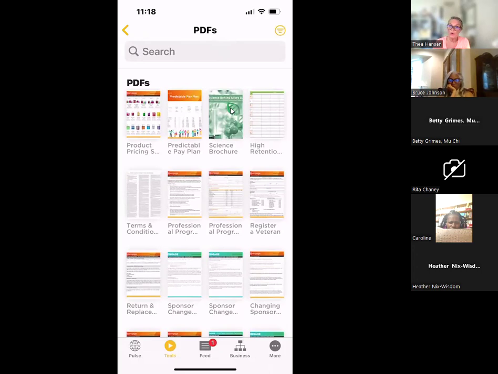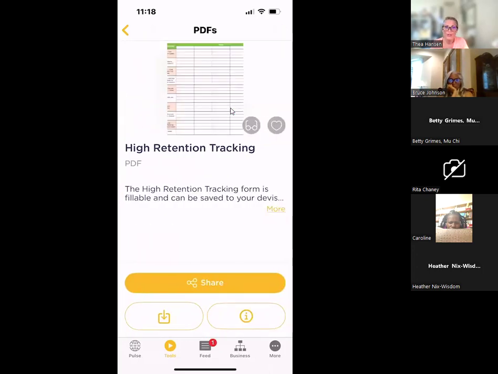Right now, we're going to go and share on this one and simply tap high retention like this. I chose high retention tracking. Doesn't mean that you have to, just choose any document. It takes me in again to that sharing page that I showed you before. And now I have some options. I can either, right next to that document on top,